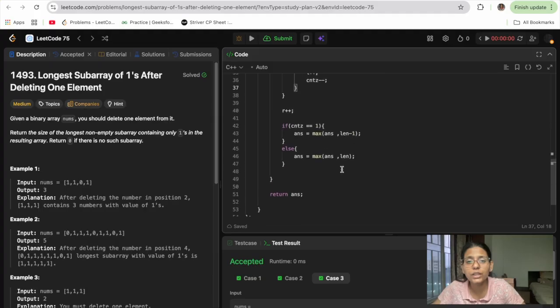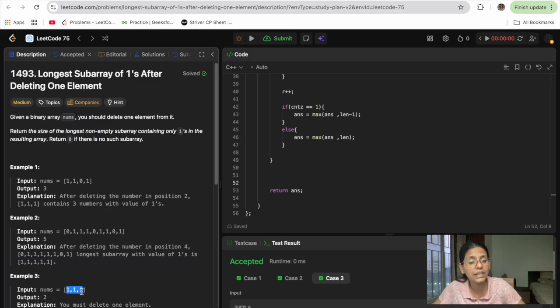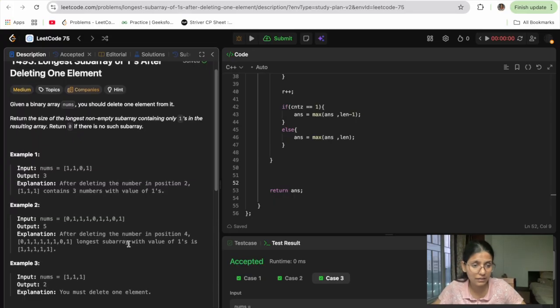And what I can do here at last, as they have told us you should delete one element from it, and in example 3 we have a subarray of length 3, the longest subarray which contains only ones is 3, but the answer is 2. Why? Because they have told us you must delete one element from it, and in the explanation also.